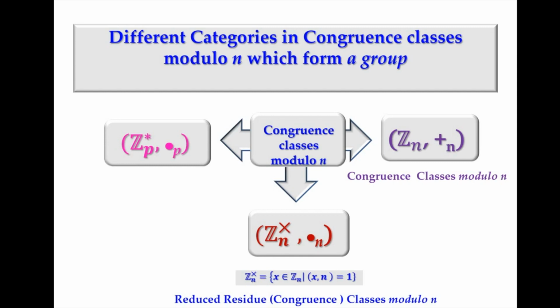So we have these three categories: congruence classes modulo n, that collection under addition modulo n, and then reduced residue classes modulo n under multiplication modulo n, and collection of all congruence classes modulo p under multiplication modulo p. So these three different categories that we have when we consider congruence classes. So we will see in the